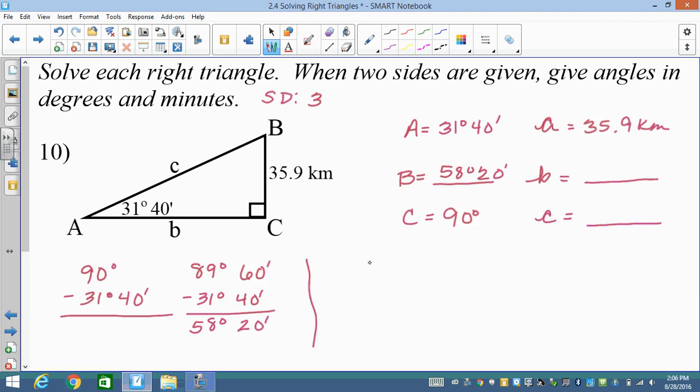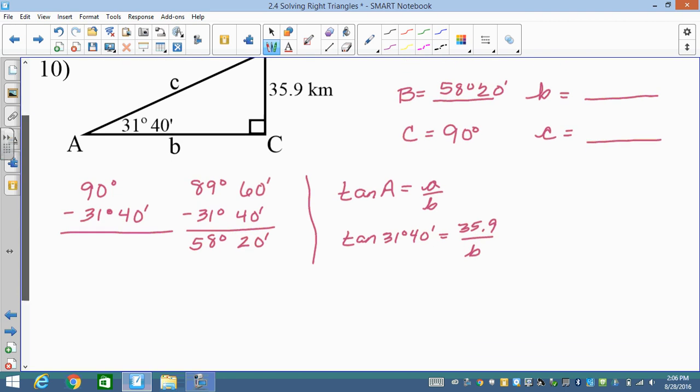So I can look at this going, okay, so tangent of A equals little a over B. So tangent of 31 degrees 40 minutes equals 35.9 over little b. You can cross multiply at this point. We're not going to skip steps, so I'll just go ahead and do that. So I get b times tangent of 31 degrees 40 minutes